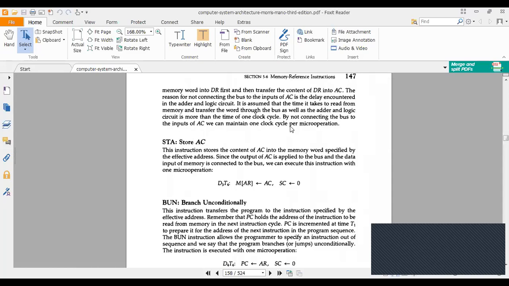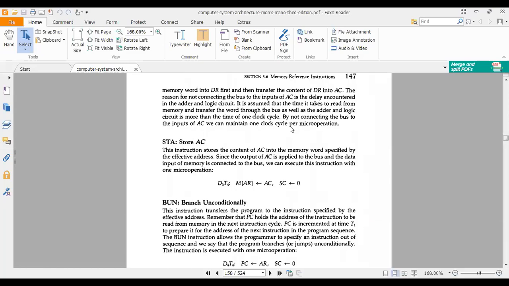Storing of the data, store accumulator means the content of the accumulator. Okay, you have the data at the accumulator, maybe the result at the accumulator. Now you want to store the data or the result. The result should be the best term here because the accumulator mainly contains the result, after any sort of operations.